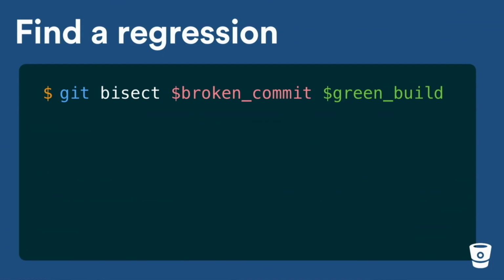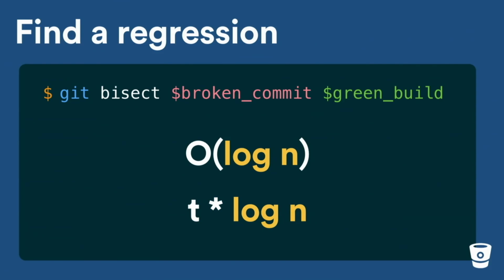For bonus points, can anyone tell me what the big O complexity is of a binary search? Log n, very nice. So this is basically a complexity of log n. So our expected time to find the failing test is however long it takes for our test to run times log n, which is the number of commits, so log 5. So that's great, and that's actually an incredibly efficient way in order to pare down and figure out where this